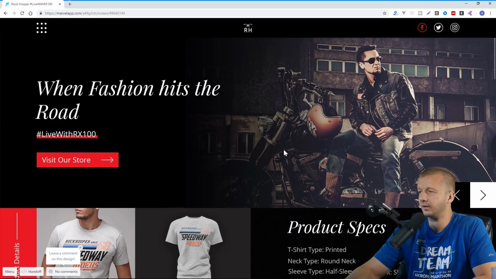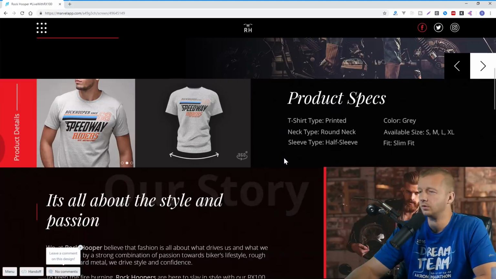Looking at this though, I like the image right here, the photograph. I definitely see a lot of unique type. We have mixing of this type of, I'm not sure how you would refer to this, it's almost like a script, but also plus sans serif type of font with serif, and this works pretty well. I like it. Coming down,